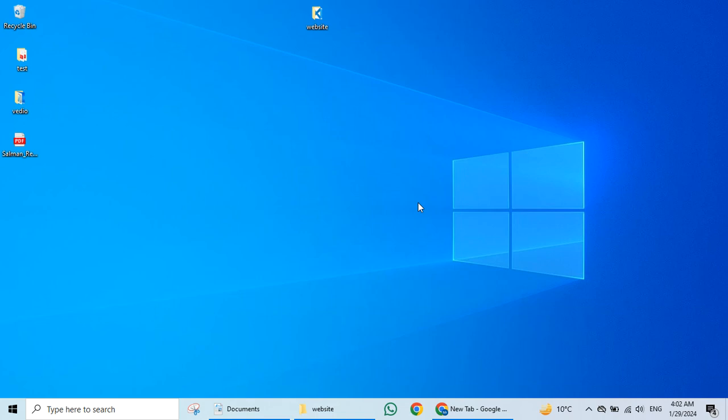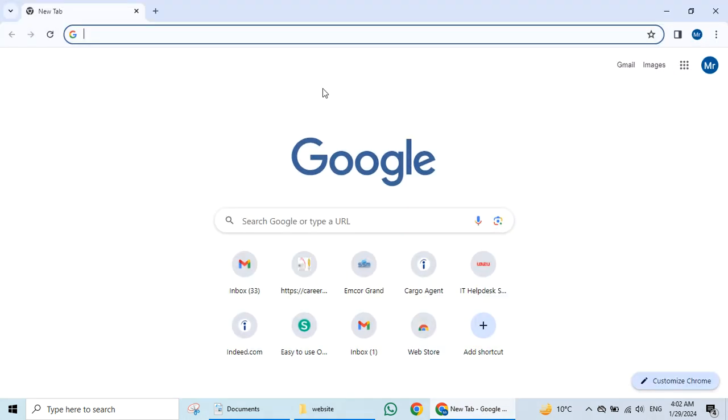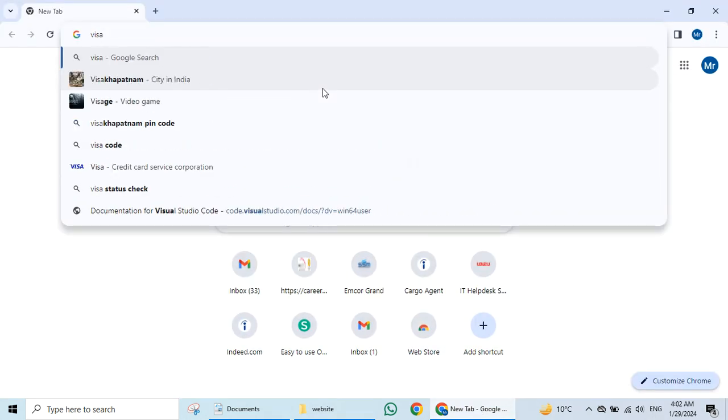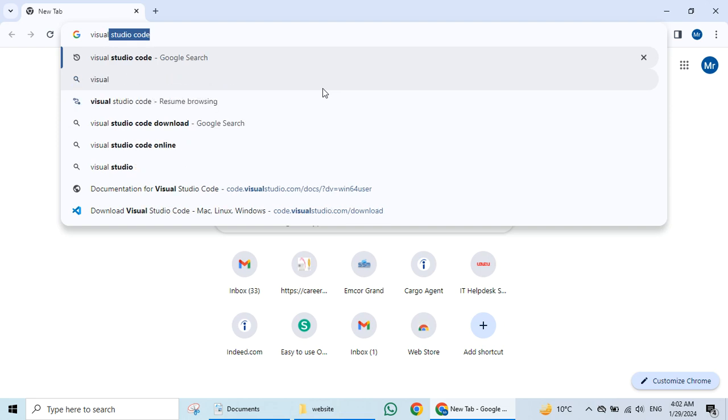Hello friends, in this video we will learn how to download Visual Studio Code. So first of all, open the browser, go to the Visual Studio Code website,